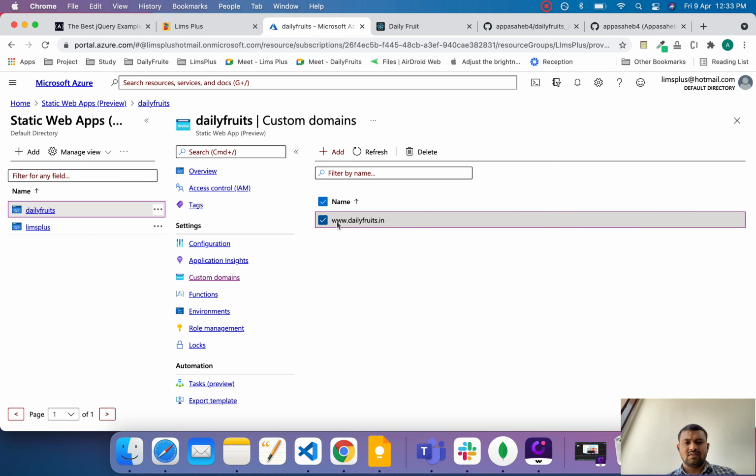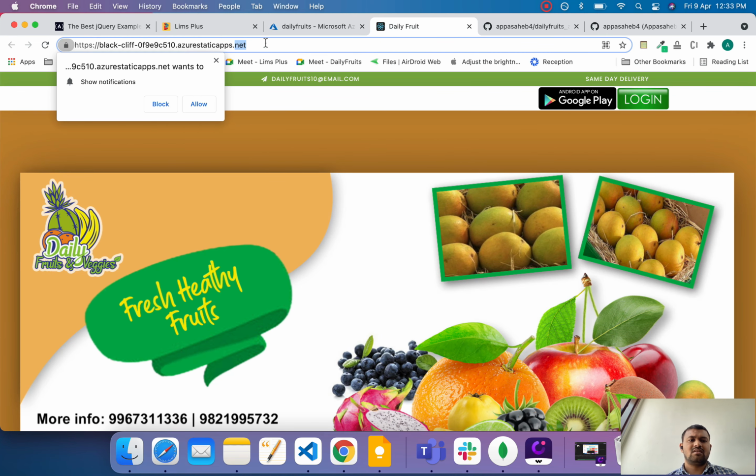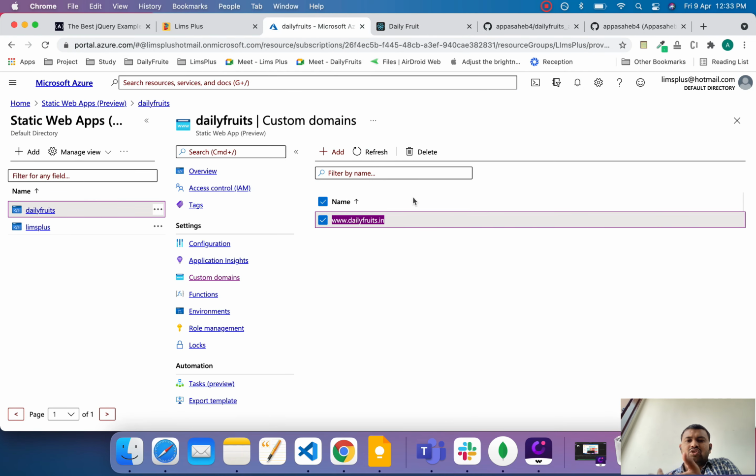First this URL is added on the GoDaddy account. Add at least 2 or 3 namespaces, and your actual domain is added here. Then your site is properly working.